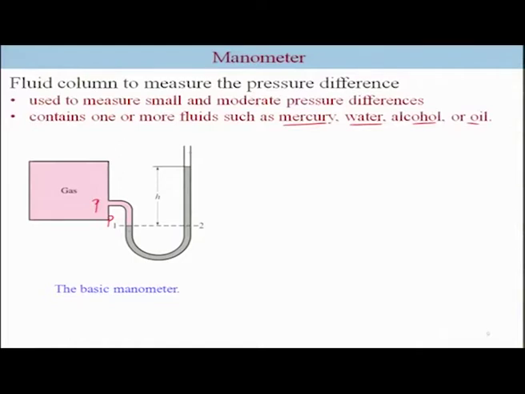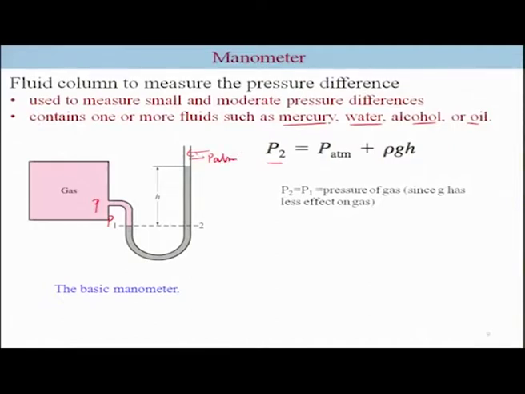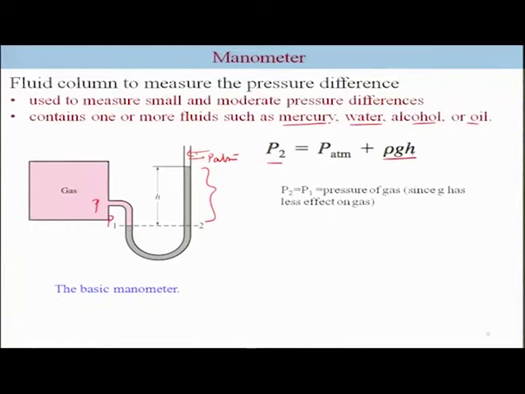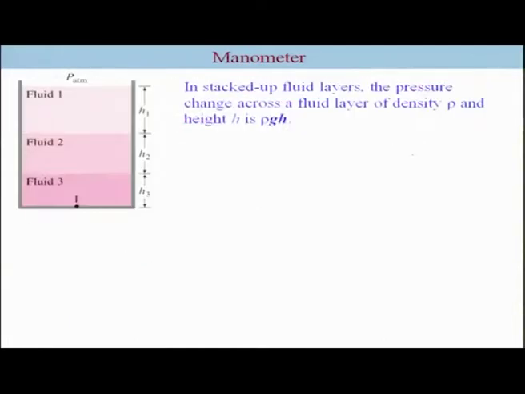And here is P atmosphere. So, now you can simply use P2 is equal to P atmosphere plus rho GH. So, this is a simple way to calculate. That means if you calculate P2, you know exactly what is P1, and that means the pressure of the gas container. Now, in addition to this, you have manometer, which many times you stack up the fluid layers, and in